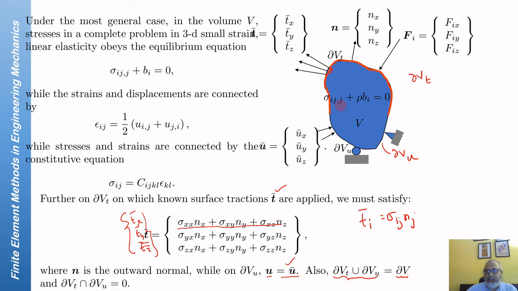At each point in the volume of the material, of course, the equilibrium equation must be satisfied, sigma ij comma j plus bi equal to 0. The displacement and strains must be connected through the strain displacement relationships, and the stress and the strain must be connected through the constitutive equation, which in our case is the equations of linear elasticity. So this gives you 15 equations in the 15 unknowns. This is a closed system which can be solved with these boundary conditions in the ideal case. However,